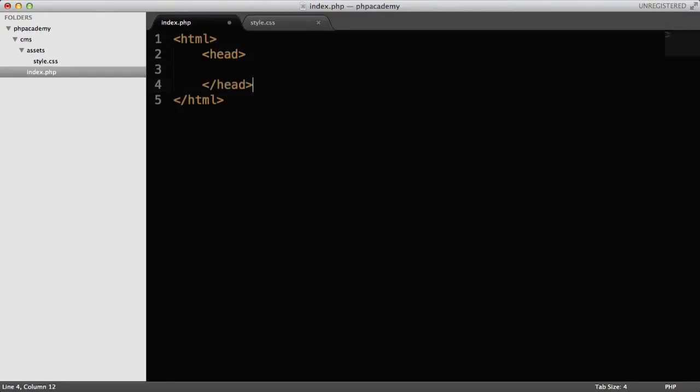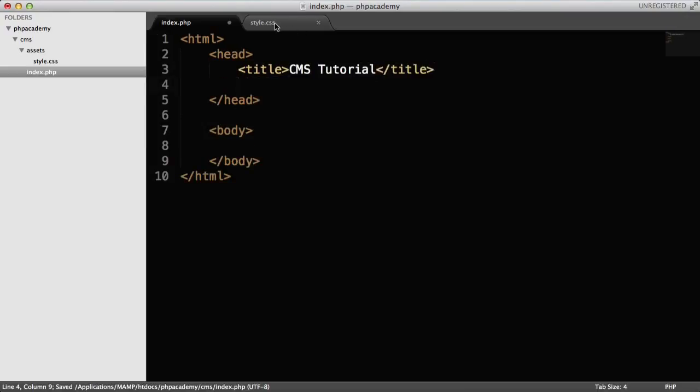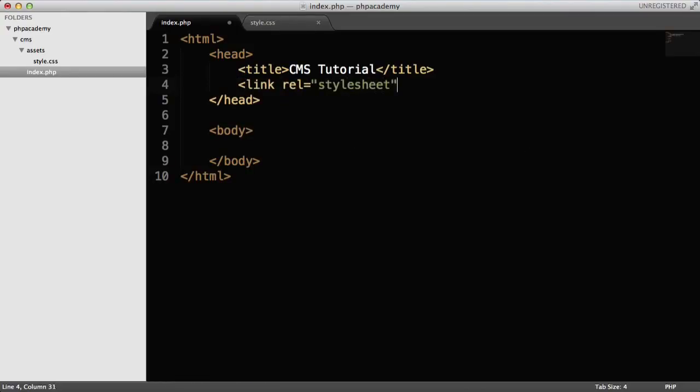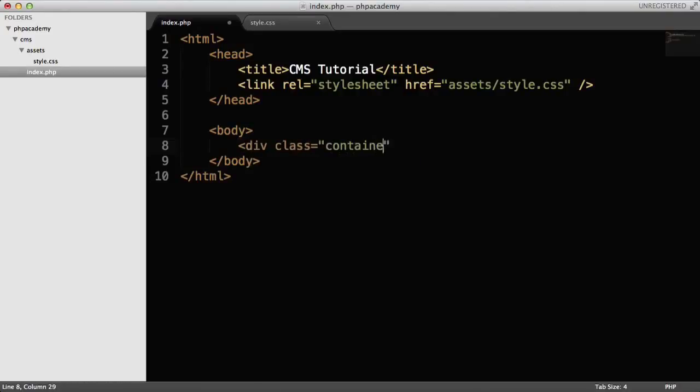Inside here we'll have our head and body tags. Inside our head tag we will have title CMS tutorial. And we need to link to the style sheet, so link rel equals stylesheet, href equals assets slash style.css. So now in our body we need to create a container, so div class equals container,